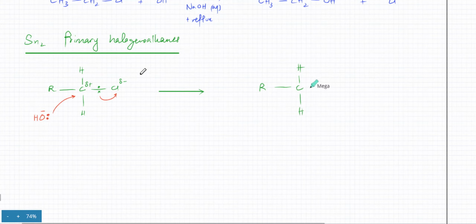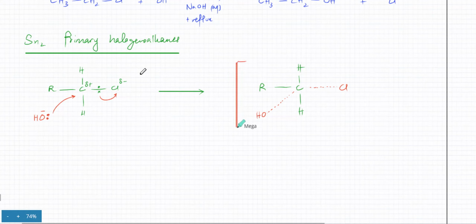And the Cl bond would slowly break away. It's going to slowly take the electrons, and the OH is approaching from this side. The OH would slowly form a bond. So in the middle, there's going to be a step where the carbon atom, for a very momentary instant, is in